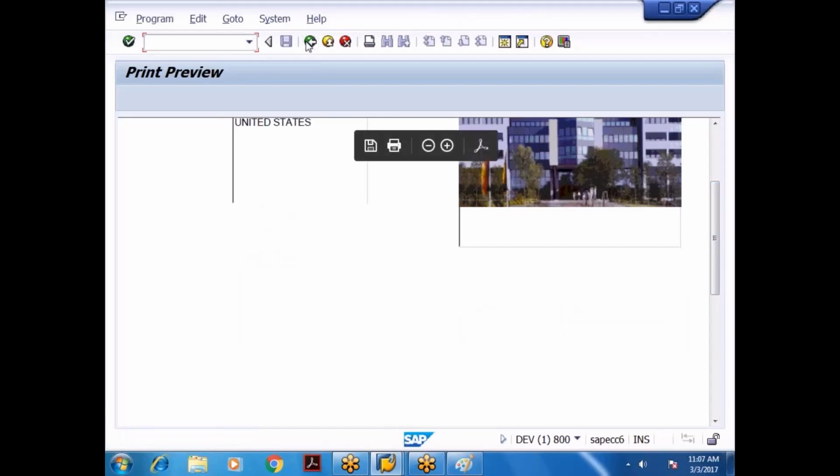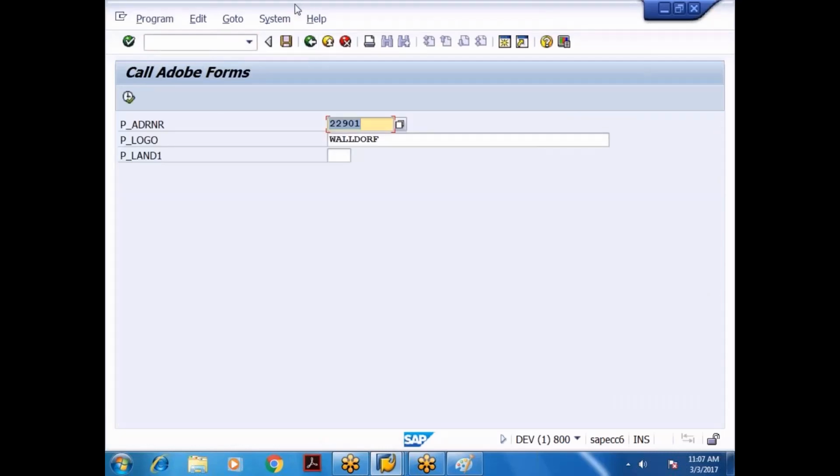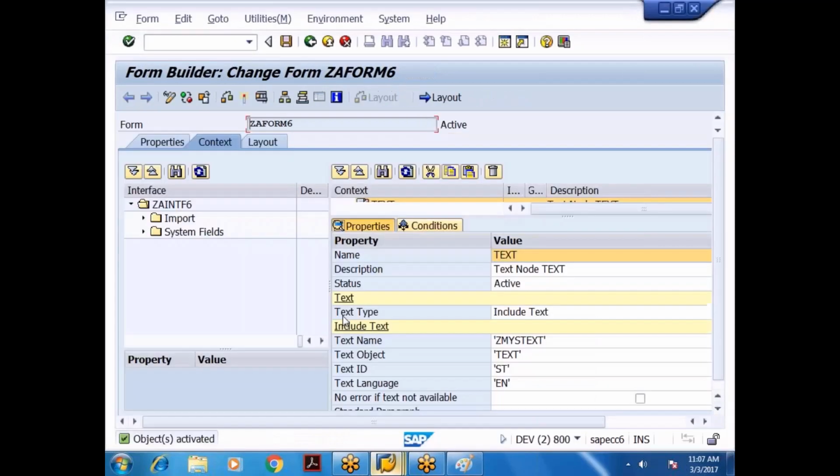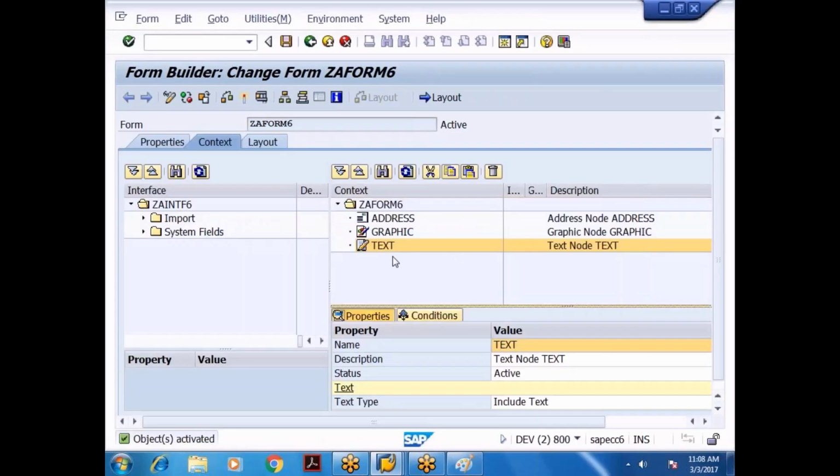No. We have not displayed it. We have not displayed that in the layout, na? Here what we did, we created the text object. We are doing it, but you have to display it in the layout. Until you display it in the layout, you'll not get it. That is the issue. But you understood how to include the standard text: create the text object, change the text type to include text and provide the standard text information.